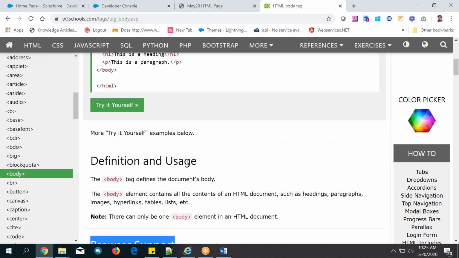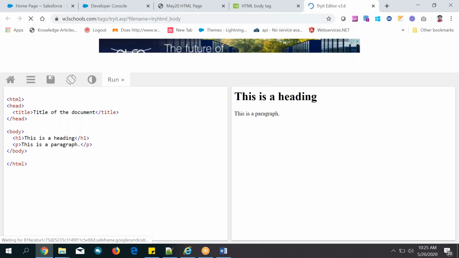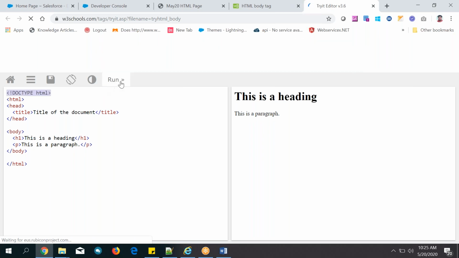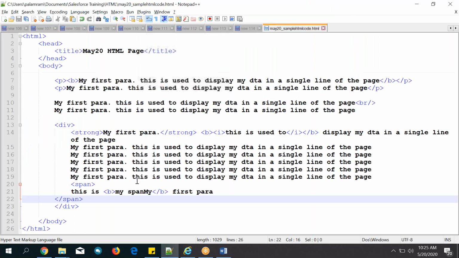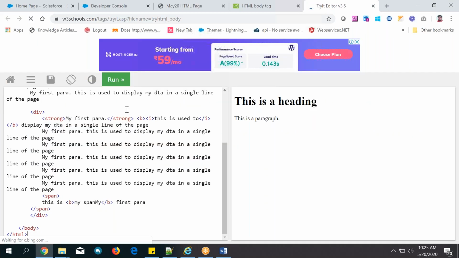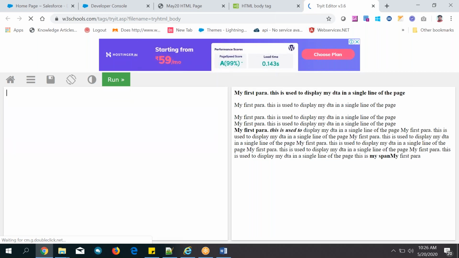And how to work with the code, try it yourself, click on it. They have given the doctype, even if you don't remember it, don't worry, it will work. You can see here, copy your full code, whatever you want, and paste it here. Whatever you are seeing, you can see it, right? From this what you understand, you can go over here and work here. Two places you can work, HTML.